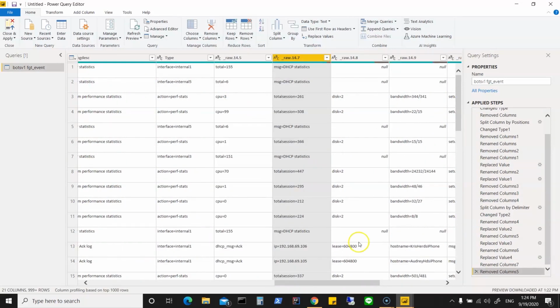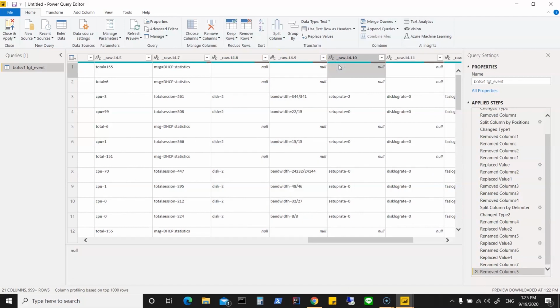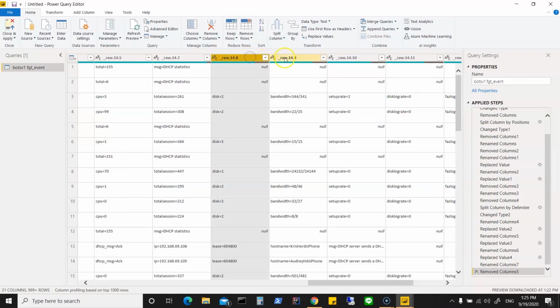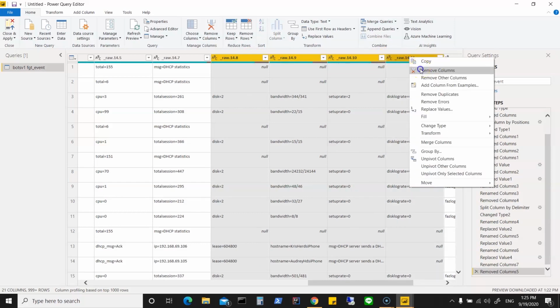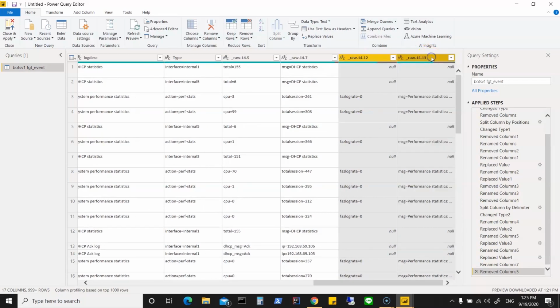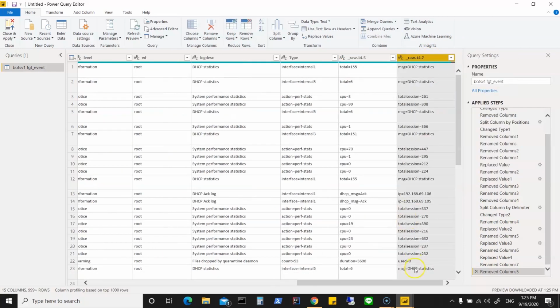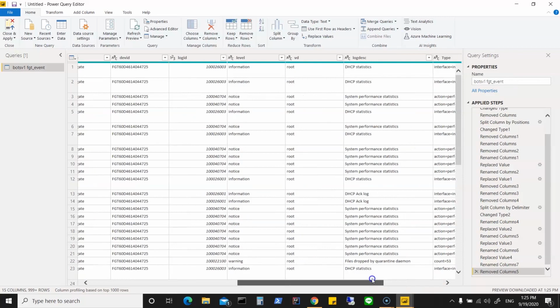Let's clear the filter. Now I do have information about your disk, your bandwidth, not interested, your setup rate. So let's take this, this, this, and disk log rate. I will remove these columns. Then I have my other information, message, performance statistics, not interested, remove these columns. So I have my list of